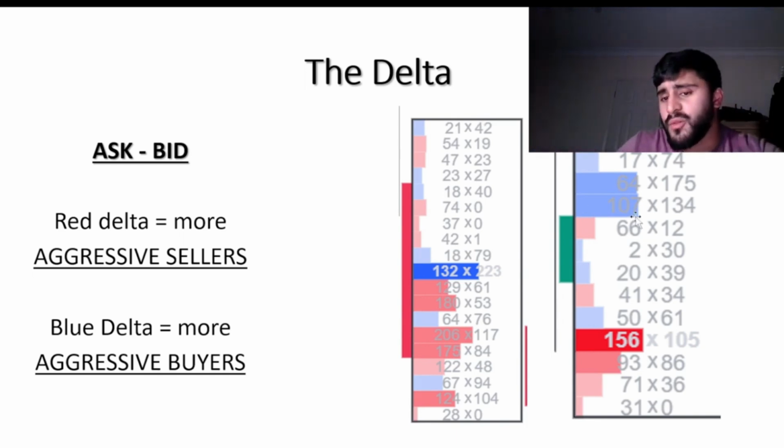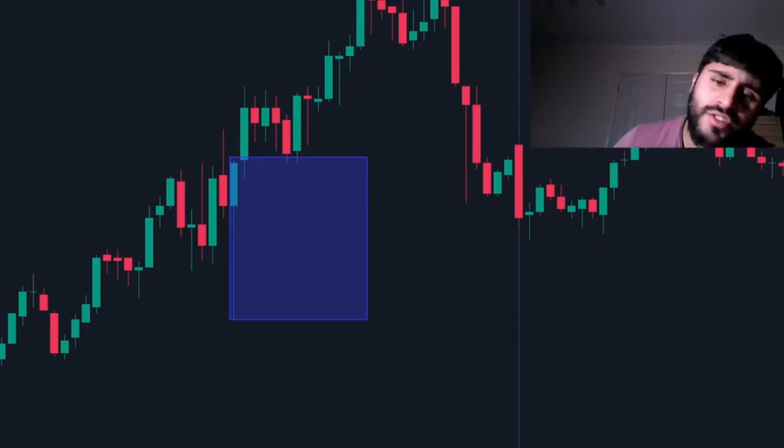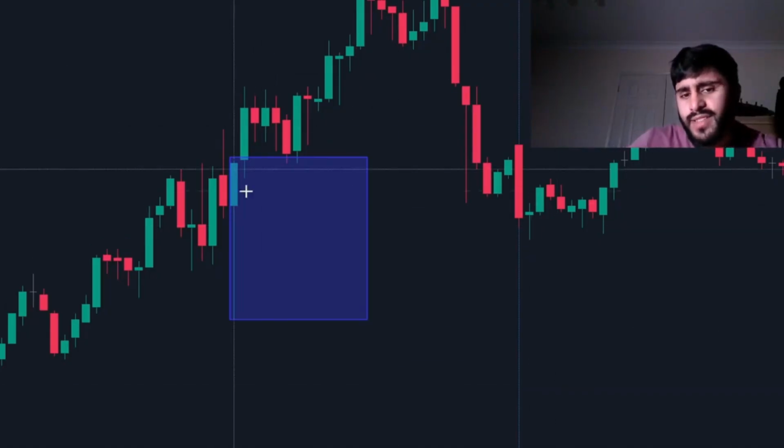And that's what we see over here. We see a lot of aggressive buyers over here, and we see a lot of aggressive sellers down here. So how do we use this to our advantage? This is something we're going to go over in a lot of detail on the footprint charts. So here we bring our attention to the footprint charts, and we're going to be dissecting what's happening